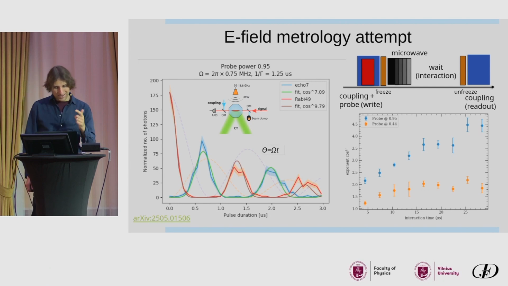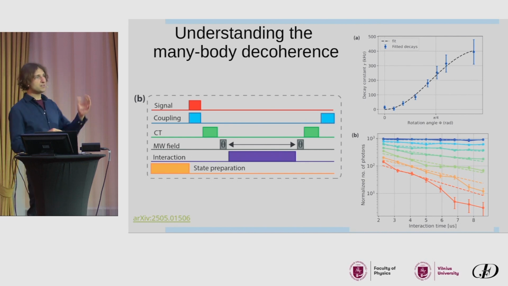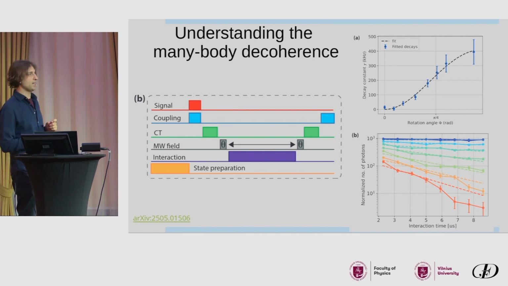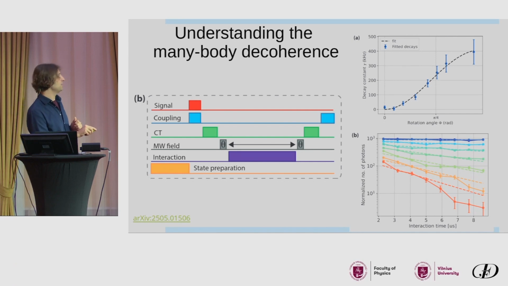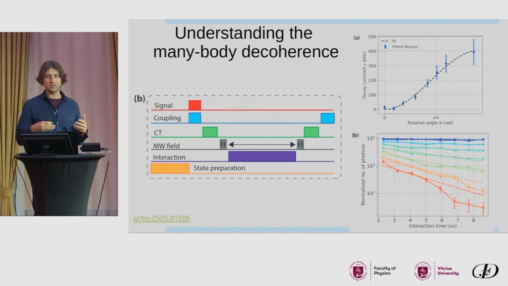So now we had an idea: this is sharper now, so let's use it for the metrology of the microwave field. But before we do that, let's understand what's happening. To understand what's happening, we designed the following experiment. Instead of just doing the Rabi rotation, we do the Rabi rotation with some angle theta. We allow the atoms to interact, and then we restore the rotation by exactly the same angle theta, such that when the atoms interact, they are, statistically speaking, in a superposition state between P and